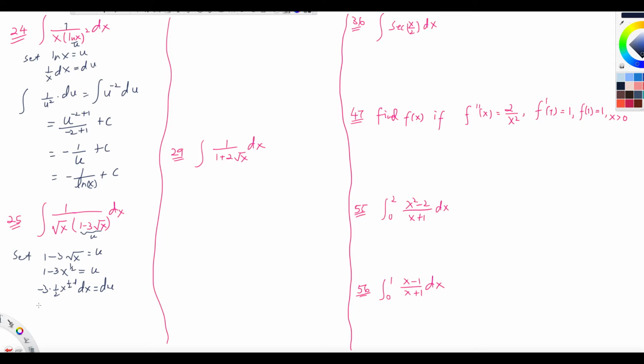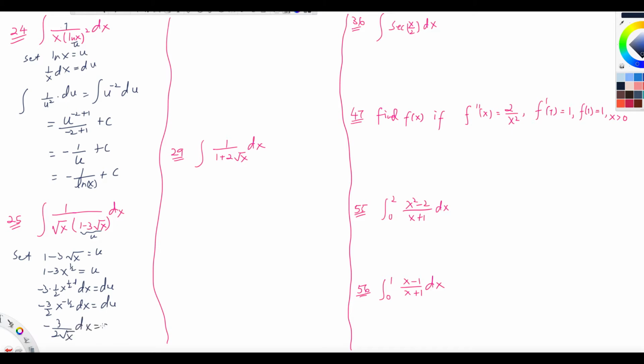That is negative 3/2 times x to the negative 1/2 dx equals du. So how do I write this without a negative exponent? You move this to the denominator: negative 3 over 2 root x